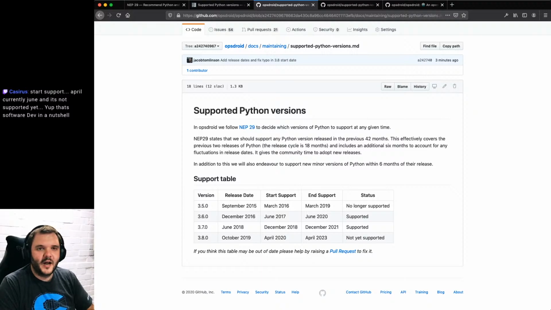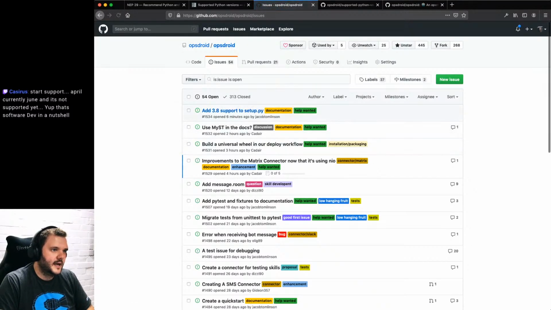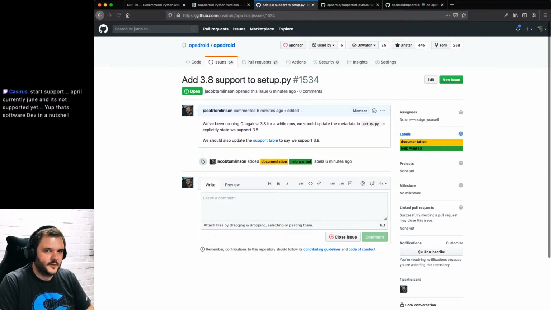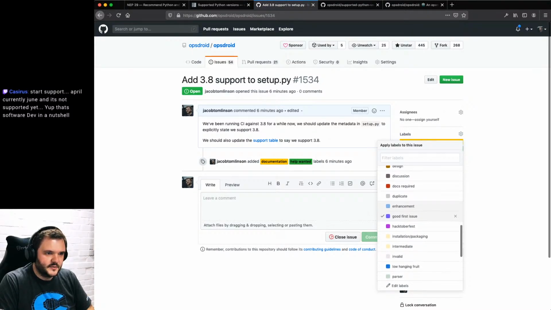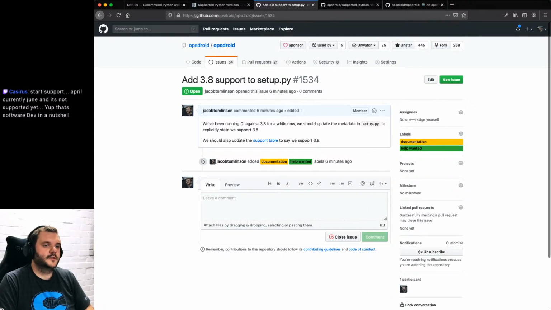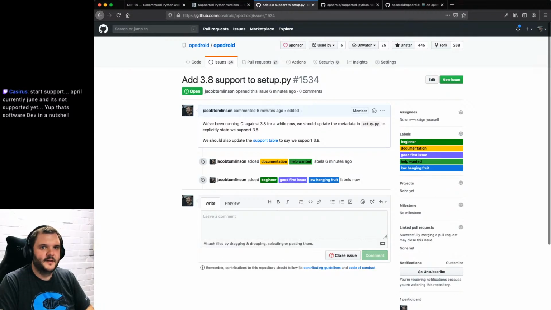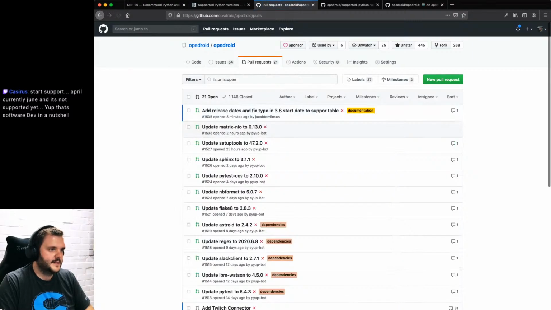But I like to open quick, small issues, especially for newbies in open source, if they want to pick something up. I don't know if I actually labeled it correctly. I put help wanted, but this is quite a nice beginner issue. Good first issue, low hanging fruit. Let's stick some more labels on. Hopefully people will find that and say, yes, please come in and fix our documentation, and it will help you learn Git at the same time.